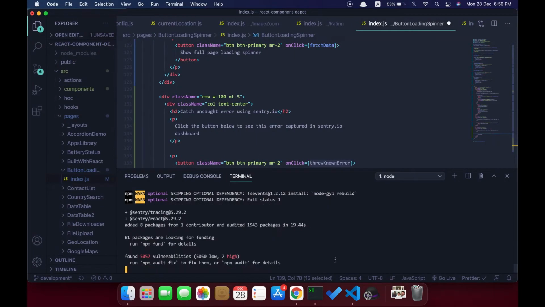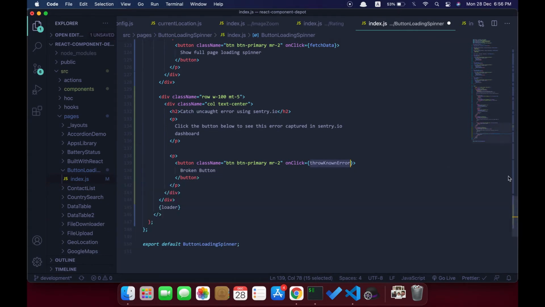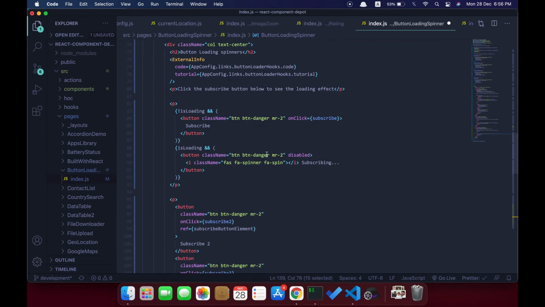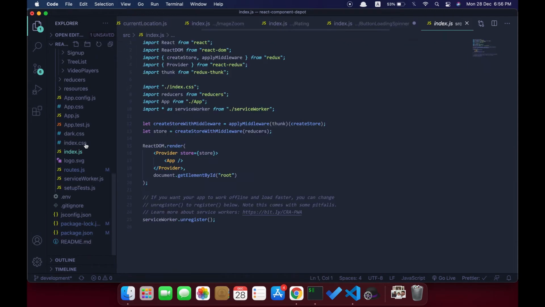So we'll go to our index page in our React application, and let's integrate this.